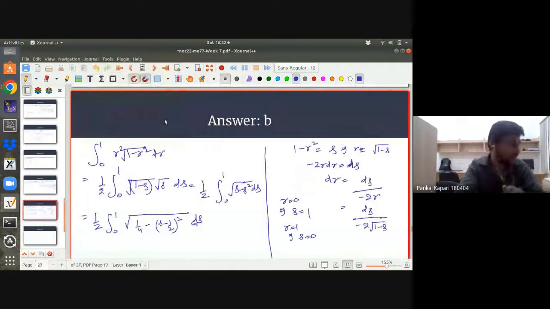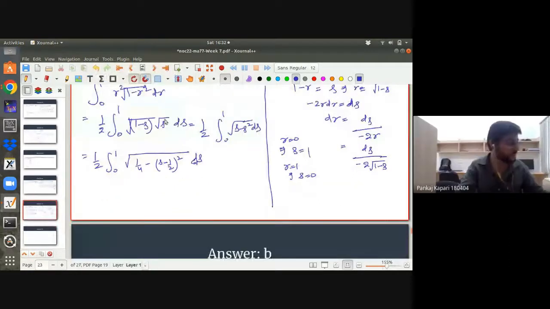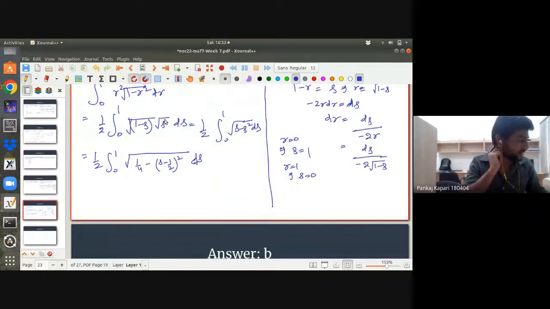Yes, this will be a little bit difficult, but you'll get your answer this way also. I can do. So I have calculated it. So you'll have your answer something like pi by 2 or